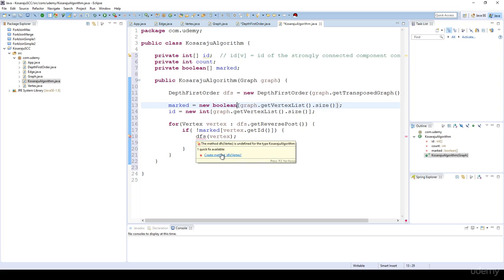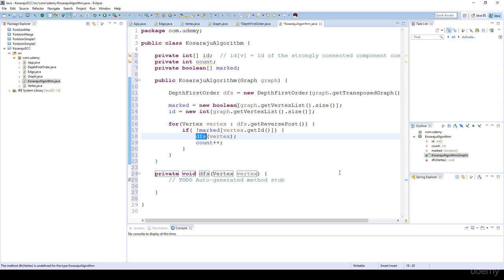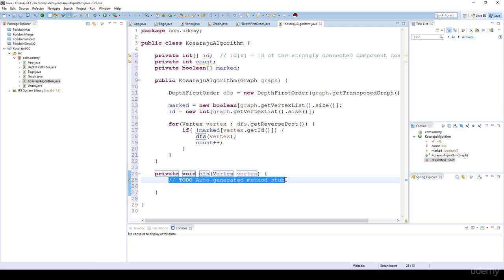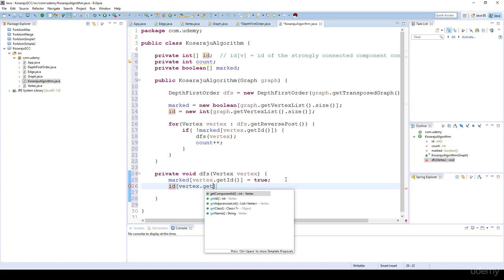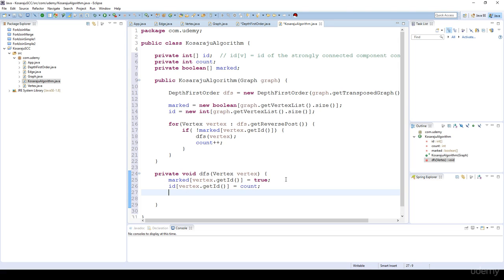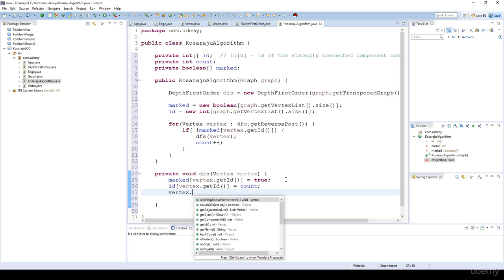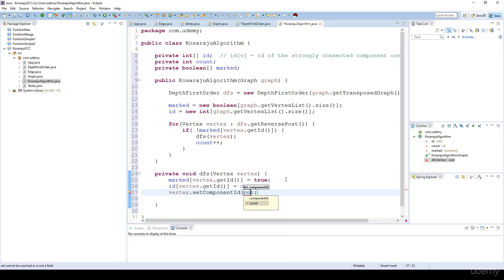And we have to define this DFS. It's going to be the DFS again. We just have to mark, so the marked on that given vertex dot get ID, we set it to be true. So basically we set this vertex to be visited. We assign the strongly connected component ID, so the ID with the vertex get ID is equal to the counter, and we set the vertex dot set component ID to be equal to the counter as well. Okay,